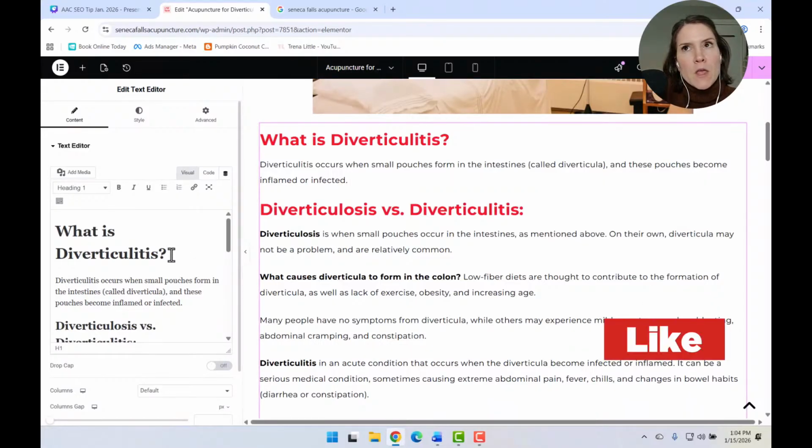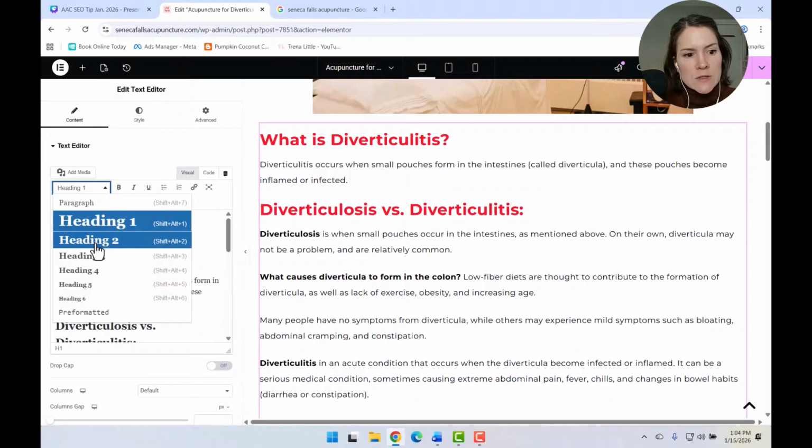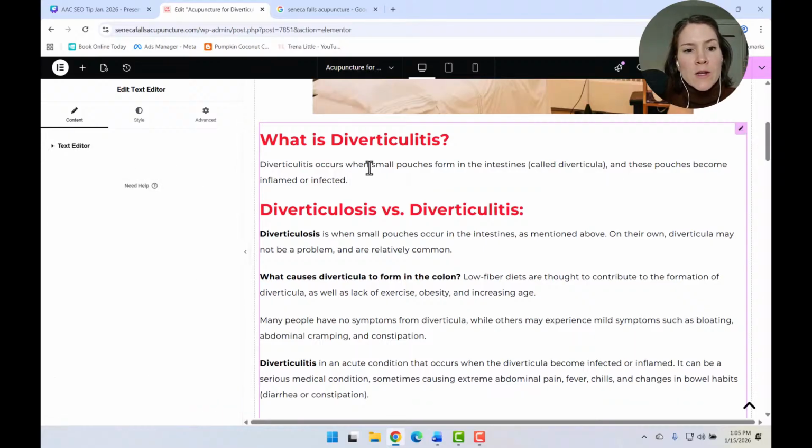And right here, it says, what is diverticulitis? And it's probably pretty small. I don't know if you can see this, but it says heading 1. So that's an H1 level heading. And if you do the drop down, there's heading 2, heading 3, heading 4, and so on. So heading 1 is where you would want to add your location if it makes sense.